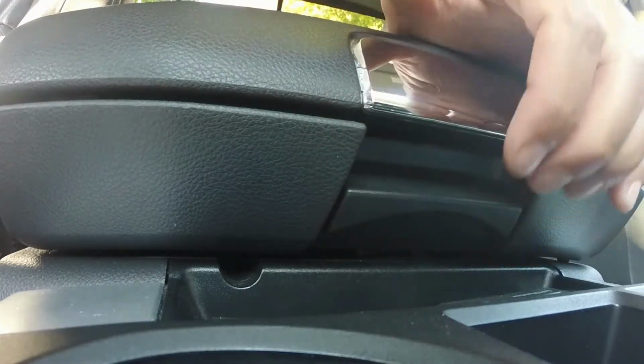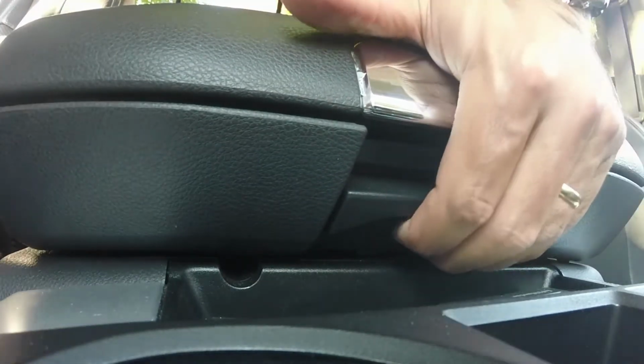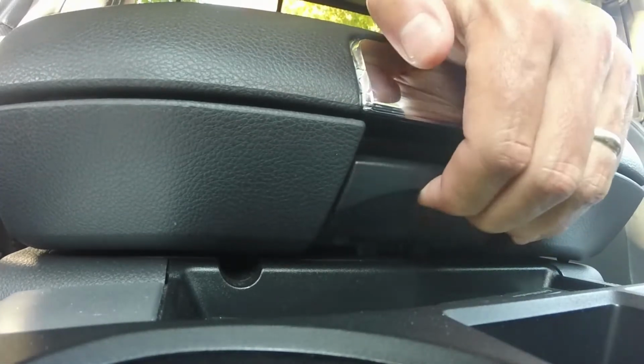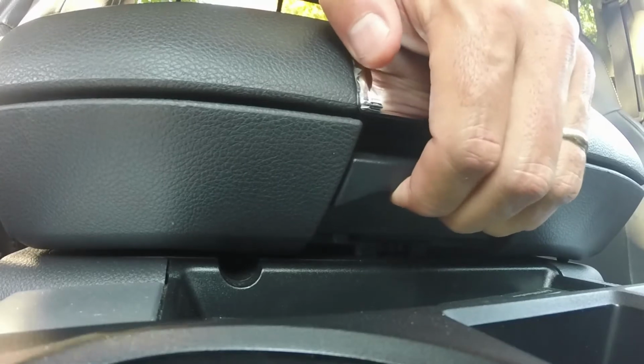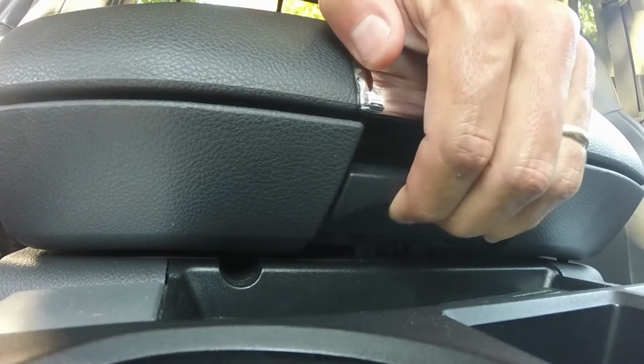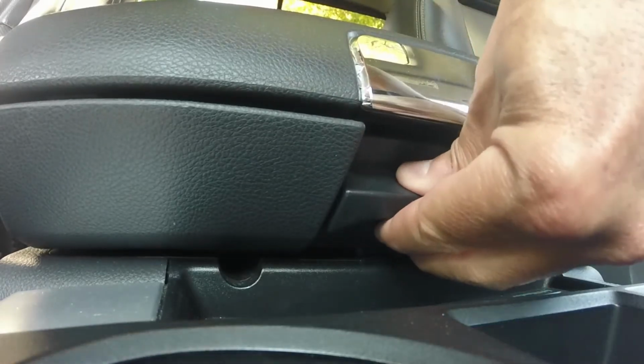Alright, I'm going to show you what I needed to do to get the lid open. So basically, this piece here is broken. So I pull up and it's not causing the latch to push back so I can get out of the box. So what I found is if I push this in,